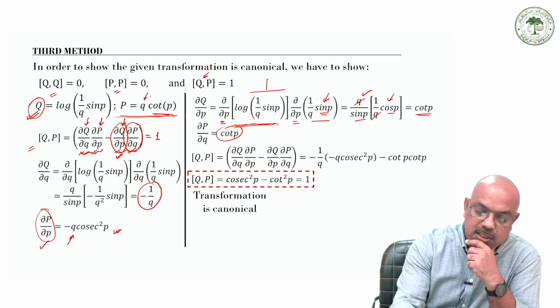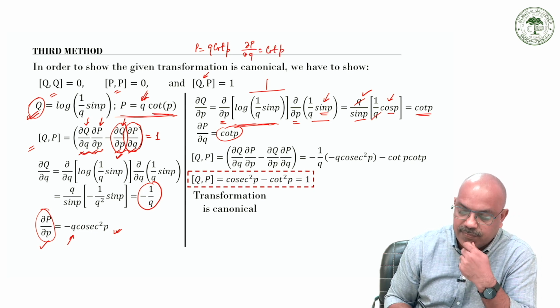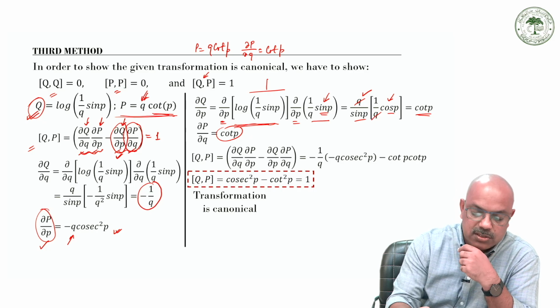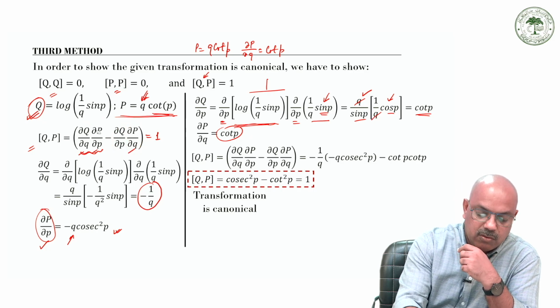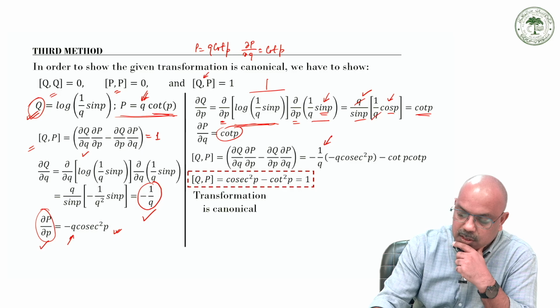This p is q cot p. So if I find delta p upon delta q, it is going to be cot p. Okay, so everything I have is cot p. Now I'm going to put this into all the four partial differentials. This one is minus 1 by q cube. So this one is minus 1 by q cube,